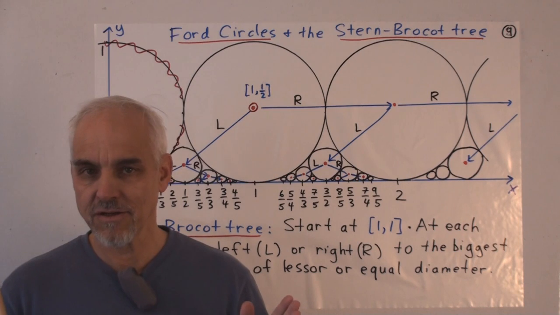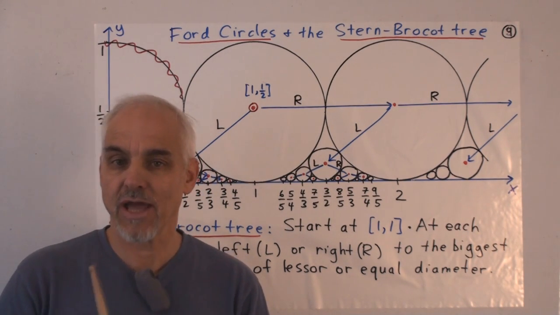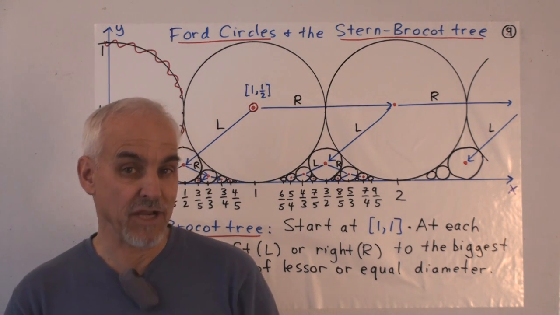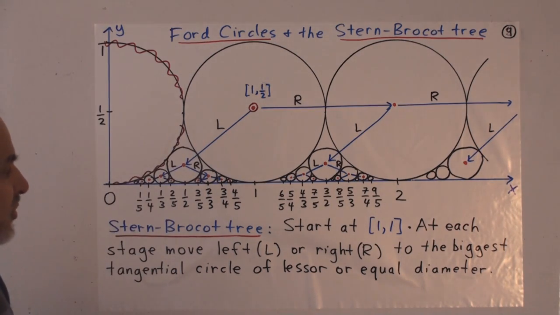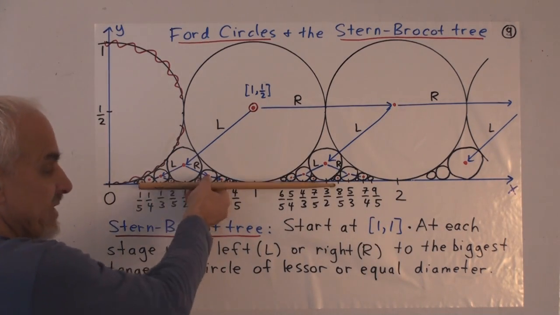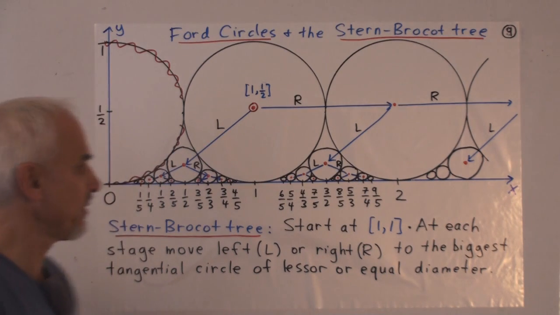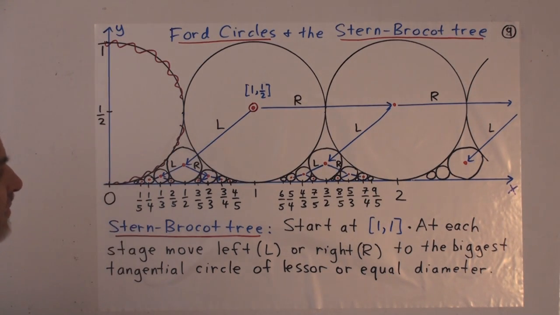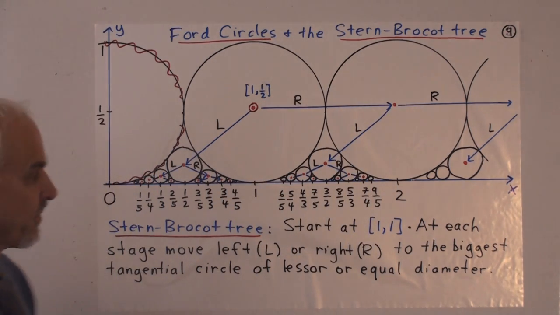And now let's connect the Stern-Brocot tree to the Ford circles that we had a look at in our last video, which is also the topic of Math Foundations 14. So here's a picture of part of the Ford circles. There's 0, 1, 2, 3, and so on. Here's the x-axis with our rational numbers spread out around here. Here's the y-axis with a half here and 1 here. And here are the biggest Ford circles, one above every integer.